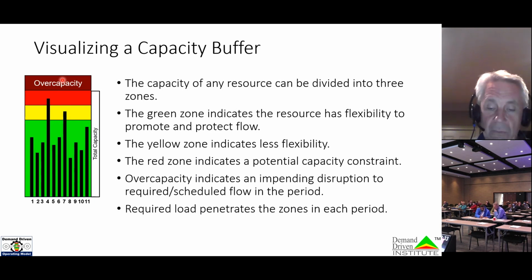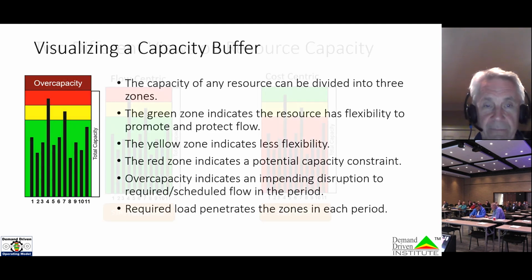So we want to identify those drum resources that we're going to use as our scheduling points, whether it's because of heavy variation or because it's in fact the slowest. And then we want to use that as a pace setter. The implication there is that the other resources have to have some flexibility. You want them to have a bit more capacity so that they can protect for whatever variation we experience.